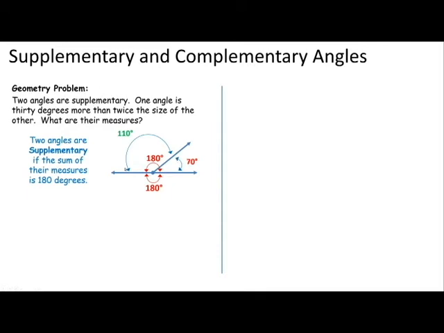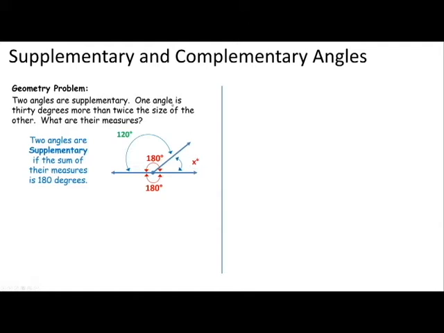If the smaller angle is 70, the bigger must be 110 because together they have to add up to be 180. If the smaller is 60, the larger has to be 120 because together they have to add up to be 180 degrees. So if I were to tell you that this angle is x degrees,